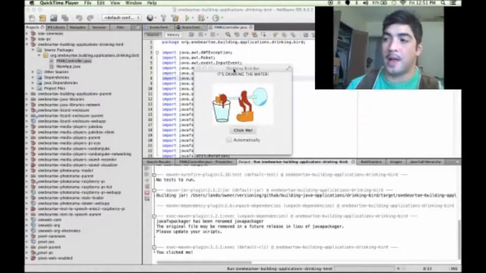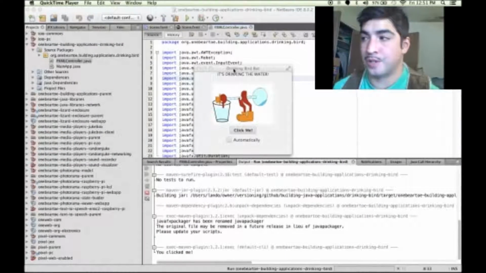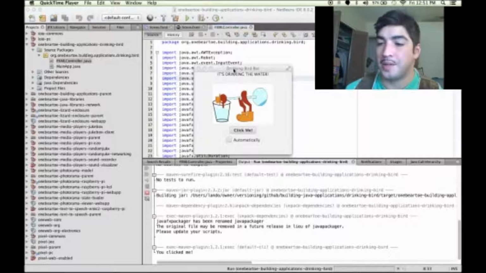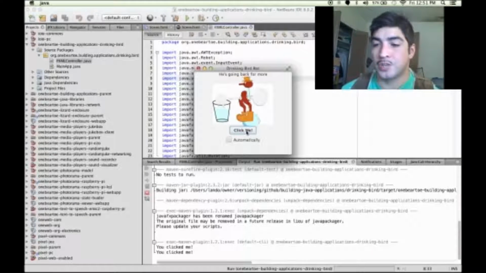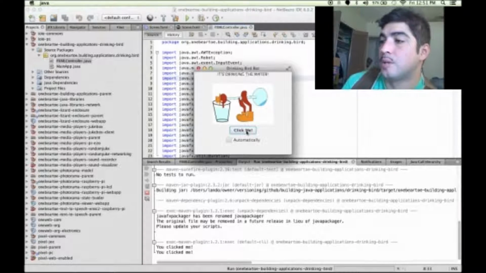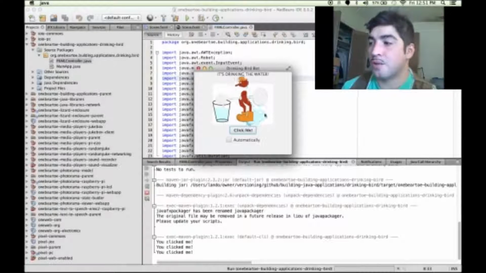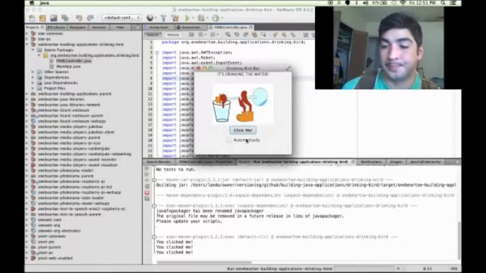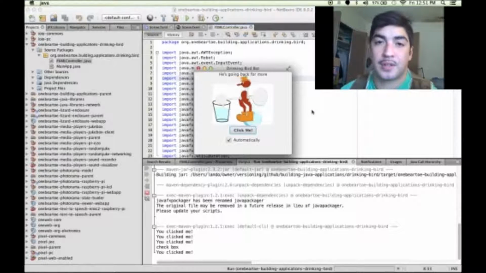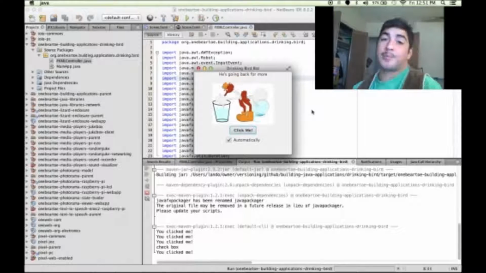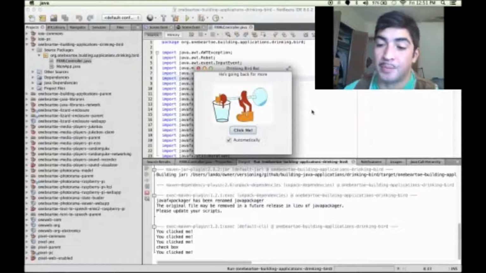This is the application's graphical user interface, or GUI, and the button I mentioned. Each button click moves the digital drinking bird one time. Button clicks can be automated by checking off the automatically checkbox here. I'll let it go a few times so you can see that it repeatedly presses the button even if I've moved the mouse